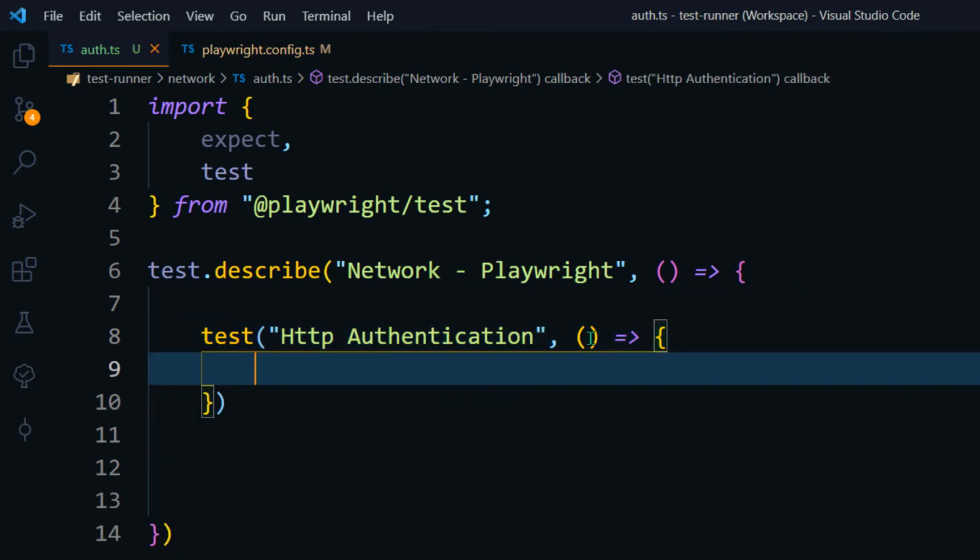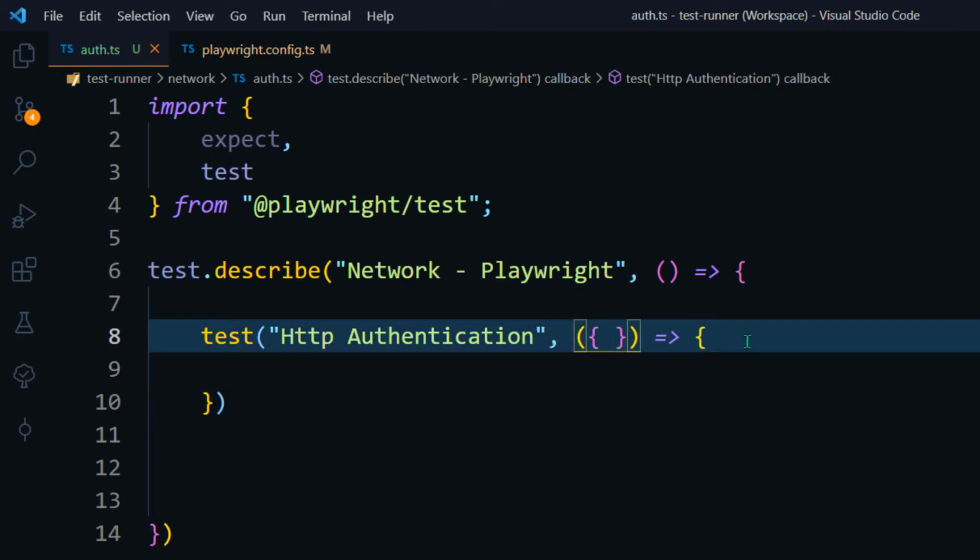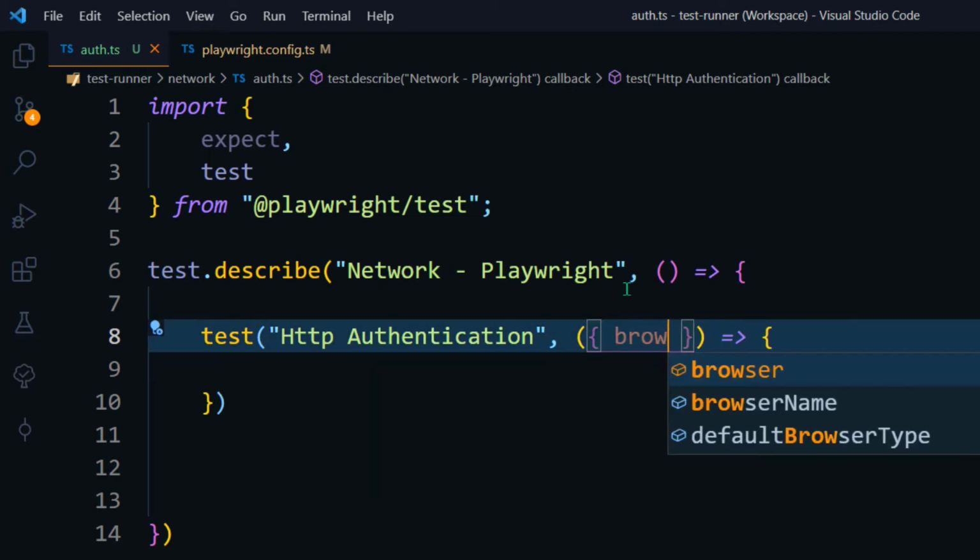Okay, now usually we use the fixture because of course we are using the Playwright test runner. If you are using the same concept elsewhere, you have to just create the object and you can use it. Okay, but in all our tutorials we mostly directly call the page, right? But here page is not going to help us because the credentials should be set on the browser context, not the page. Page is kind of like a new tab, but whenever we create the browser context, that time we should give the HTTP authentication. So for that, instead of page, I'm going to use browser.